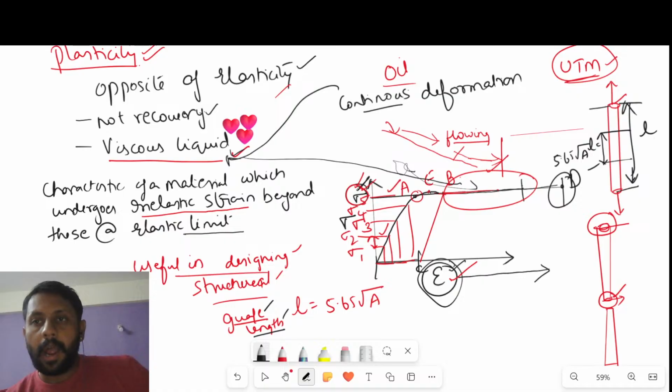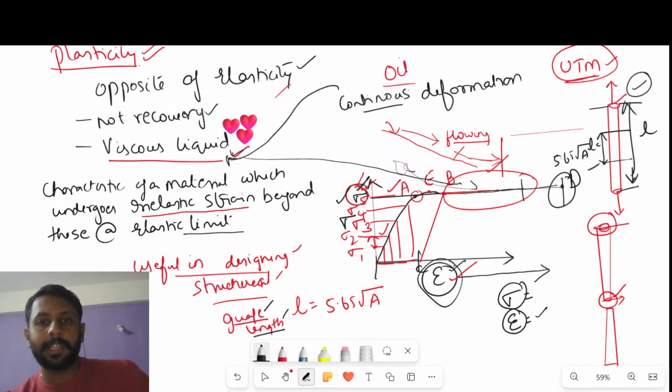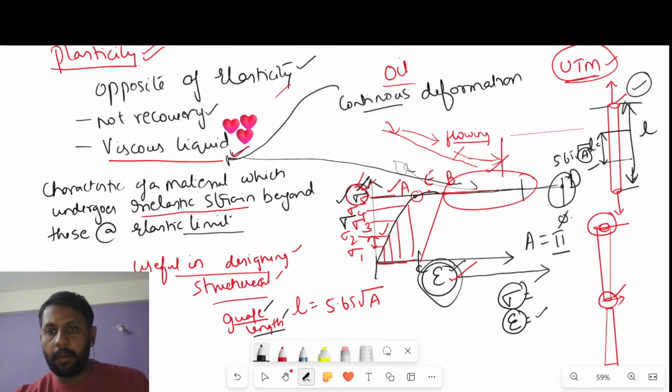Because after you do the test, you will find out the stress value and you will find out the strain value. Only when you know the stress and strain value, you can draw these graphs. Yes or no? So for calculation of stress and strain, you need areas. For calculation of area, you need diameter, because the formula of area is pi by 4 diameter square. Yes or no? So initially if you take this as the diameter, but at the failure the diameter is reducing here. Yes or no? Diameter is changing to diameter 1. So that is why you have to take a certain length.